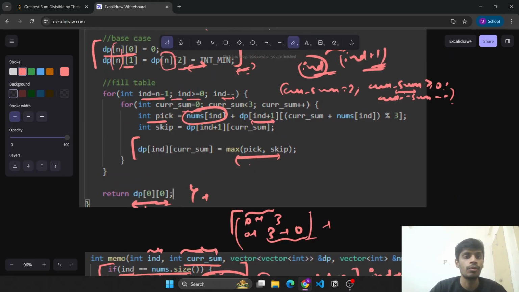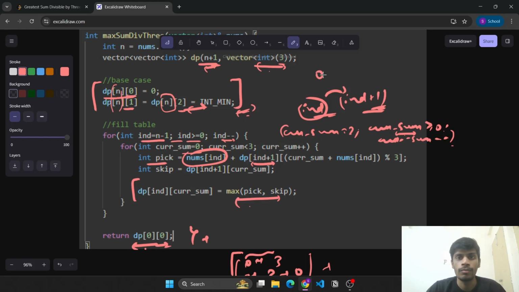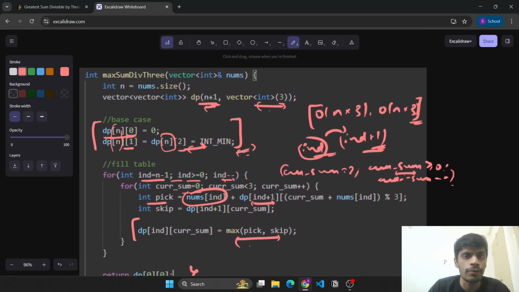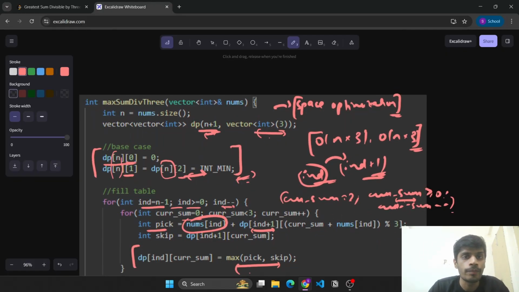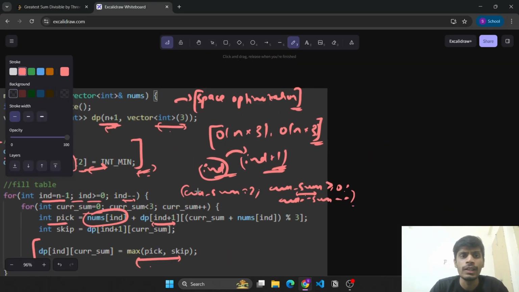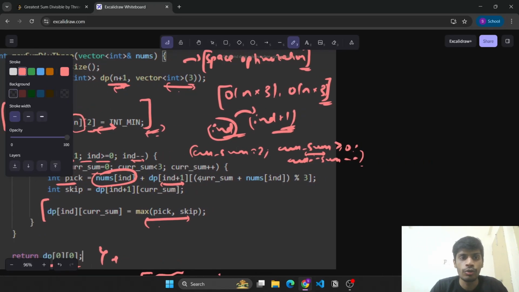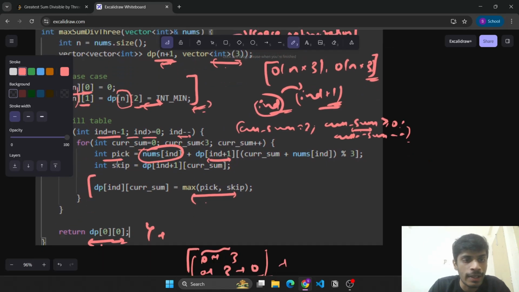So this is the approach for tabulation. The complexity and the space remain the same, but this is the tabulation way of writing it. Now we'll see if we can space optimize it, whether space optimization is possible or not. So for finding out whether space optimization is possible or not, we need to make some observations. So here we can see that dp of index is only dependent on dp of